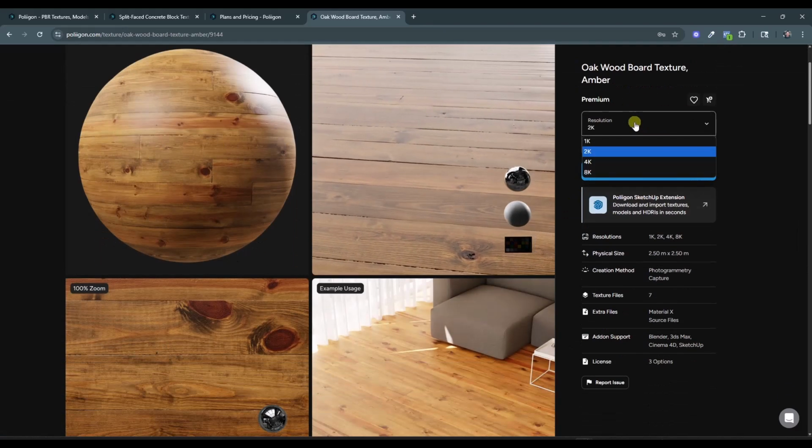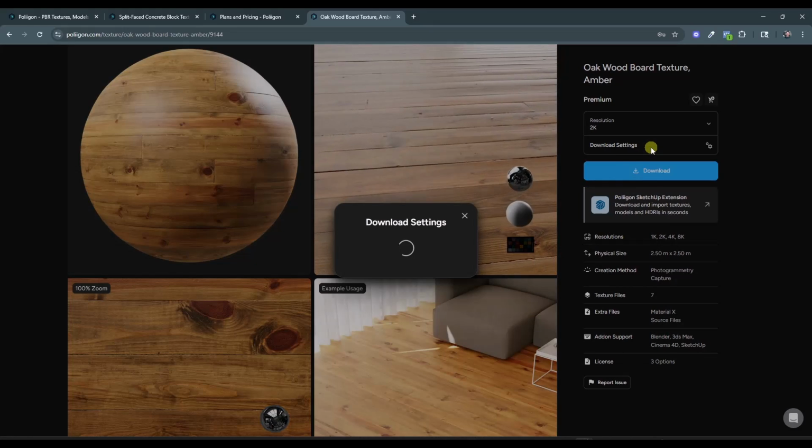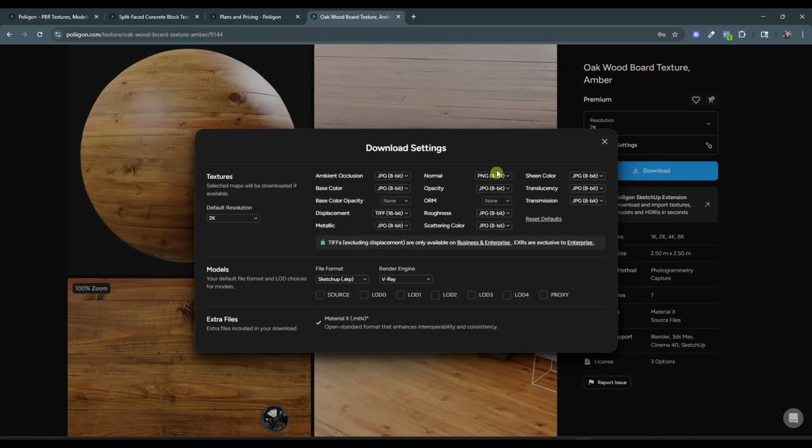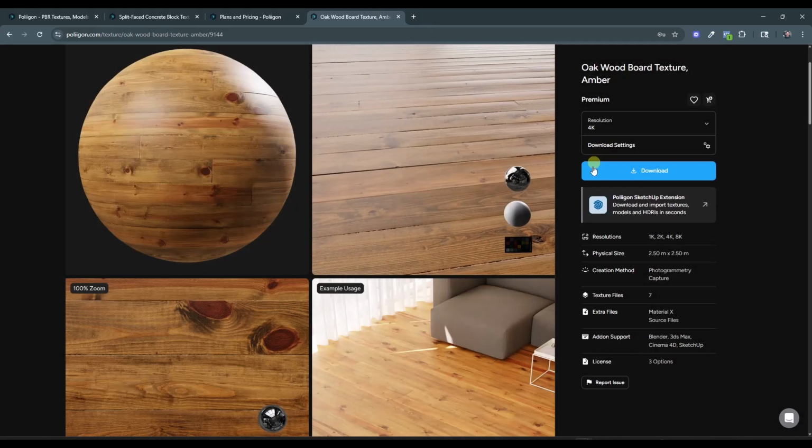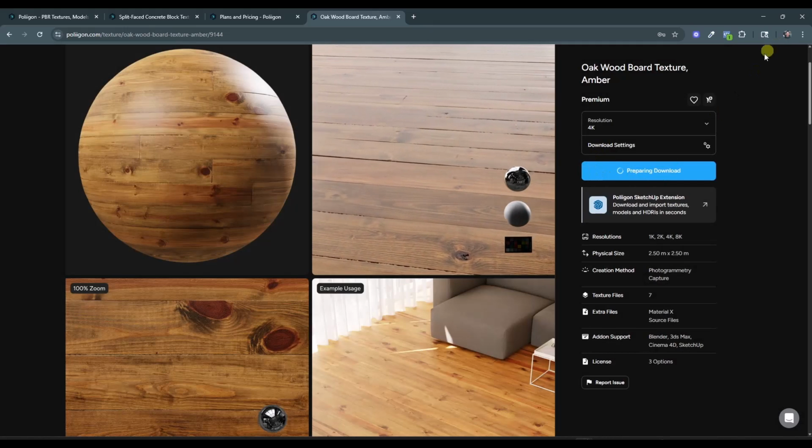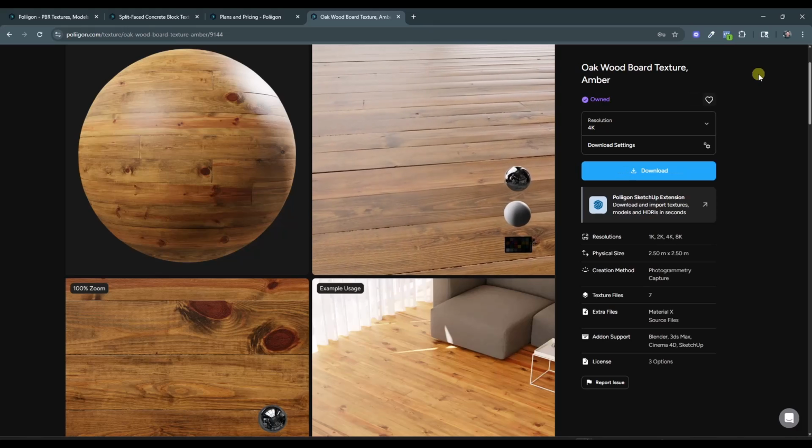Notice how you can also pick the resolution from their website, and you can set which maps you get. So you can see how there's a ton of different maps in here. But say in this case, we wanted a 4K. We can set this up where it's going to bring in the ambient occlusion, base color, displacement, metallic, normal, all those different things. Then we can just click on download and it'll bring them down, and then we can import them into